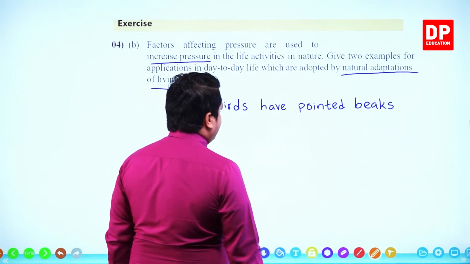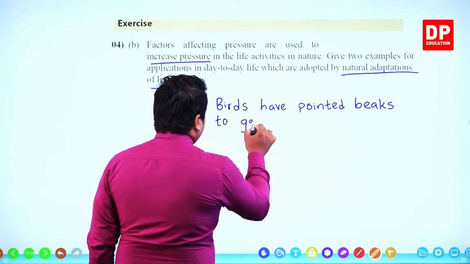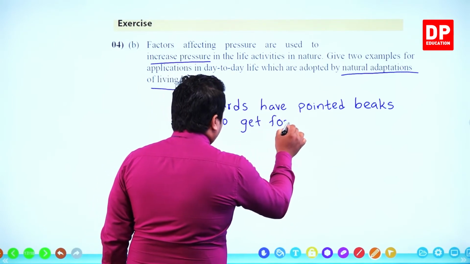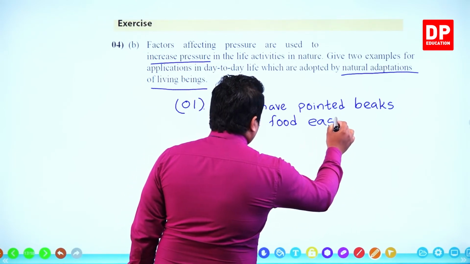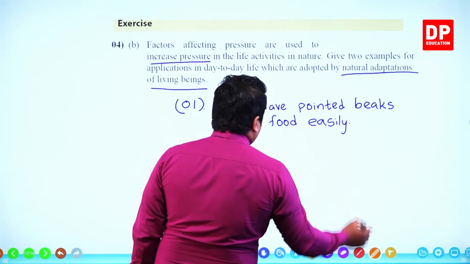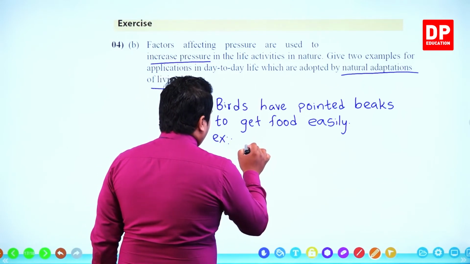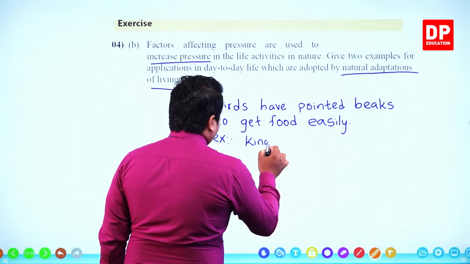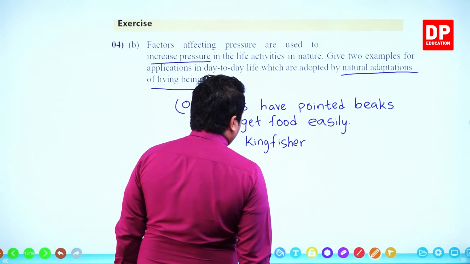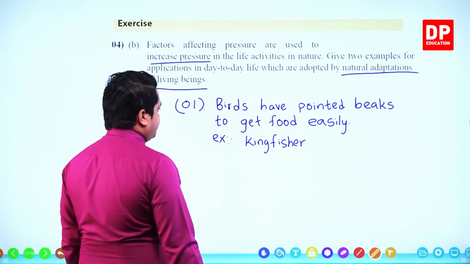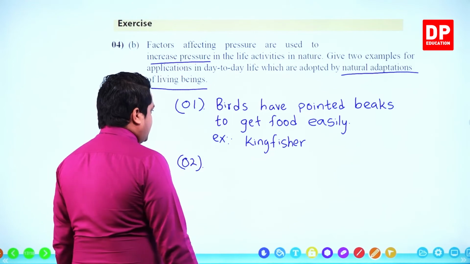Birds have pointed beaks to get food easily. Example, kingfisher. Right? Kingfisher. Number two, second one,